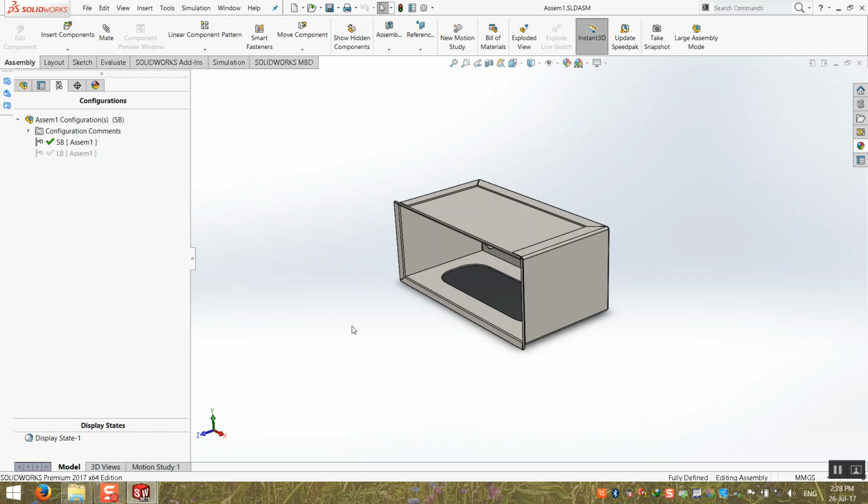But the gaps here, left and right, are not equal. The gaps here are not equal? No. Why? Because here you have the door, and the same happens on the back side. Once you open the door, it might touch this one. That's why this side is bigger, so it will not touch the edge of the door. In this case, you will draw it,